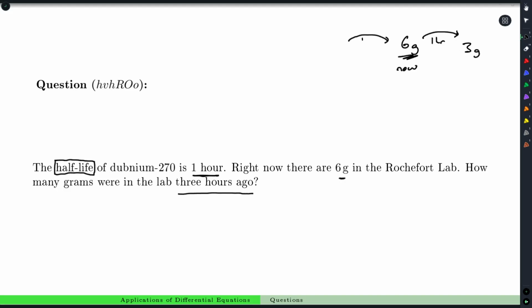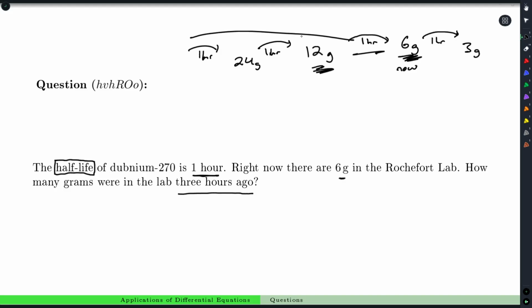And so if you rewind the clock by 1 hour, it doubles. Okay? It's doubling time almost. And so an hour ago, we must have had 12 grams because the half-life says if you have 12 grams, after an hour you'll have 6 grams. And so we can just work backwards. So there's 1 hour in the past. Go back another hour, you'll have had 24 grams. And so one final hour, because then that's in total 3 hours, we must have had, double it again, 48